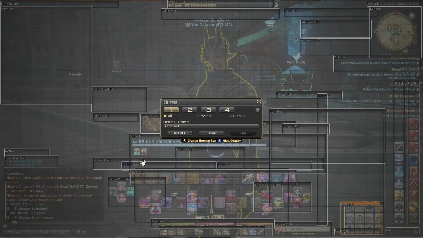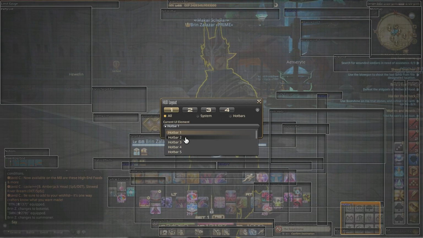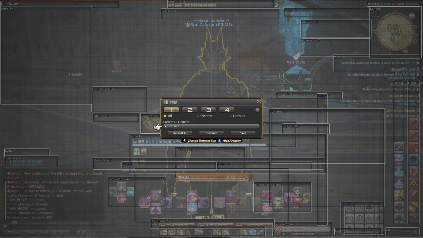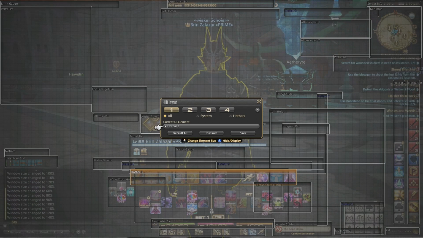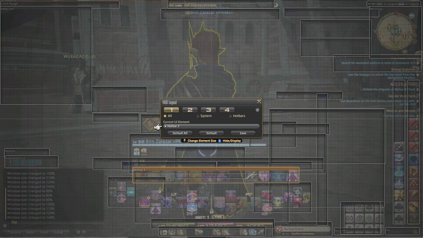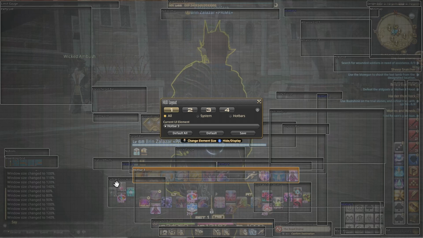So under HUD Layout, if I pick on hotbar 3, I'm going to have to select this one. I make sure that it's the largest that I can have it at, which is 140%. So clicking down on the right stick allows me to resize that, and I can reposition it as well. The reason this is so large, again, is just to communicate to me when things are off cooldown so that I'm aware of them. I've got my cross hotbar, I have my W cross hotbar off position from that,